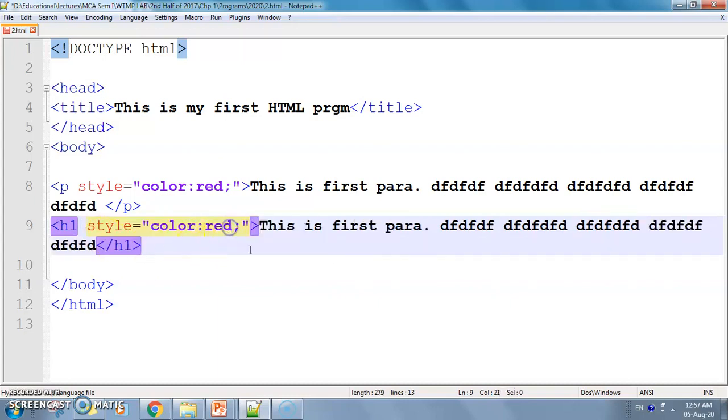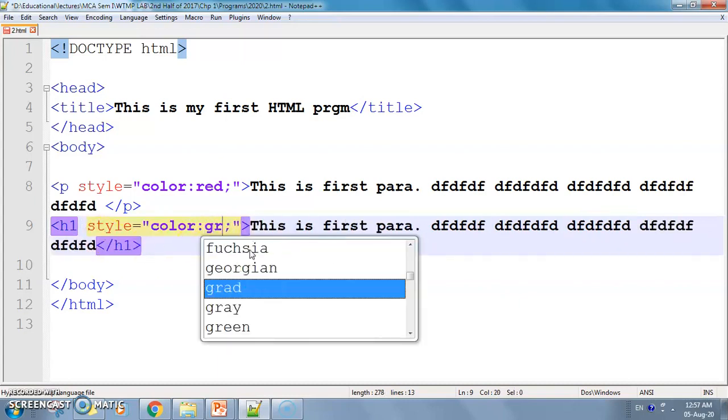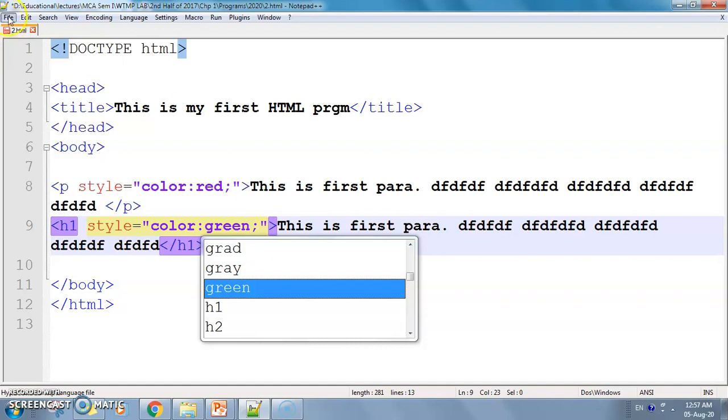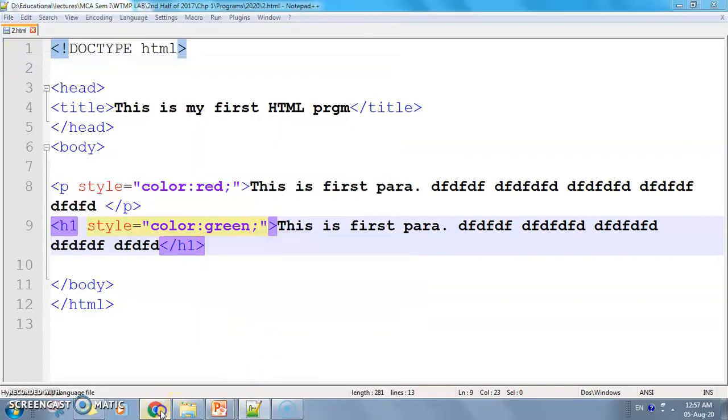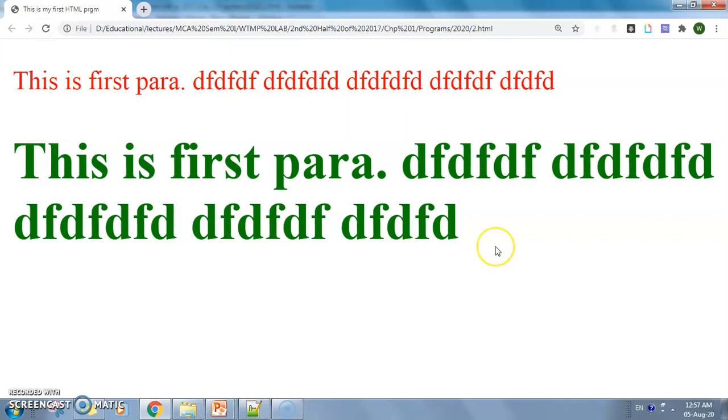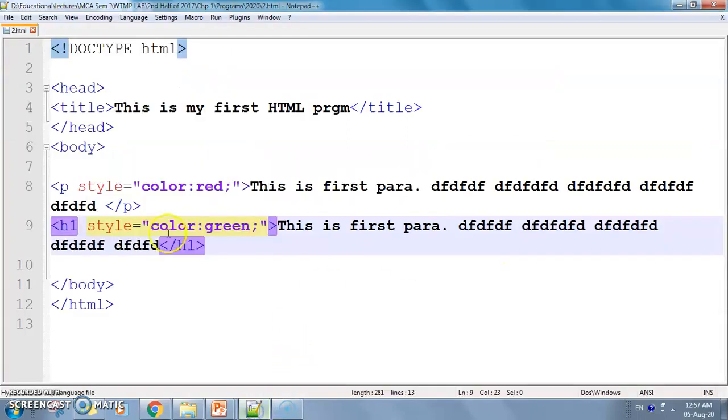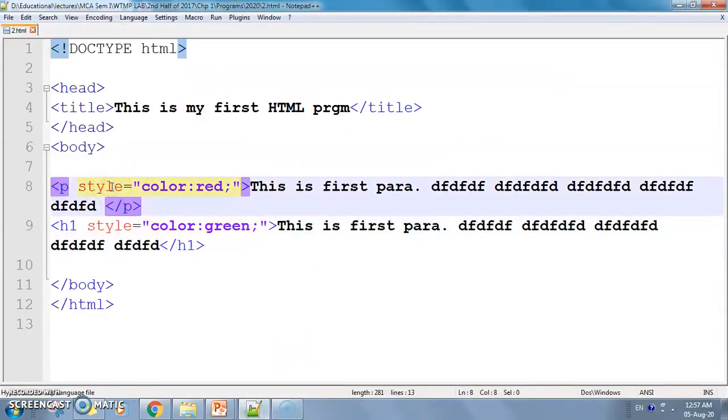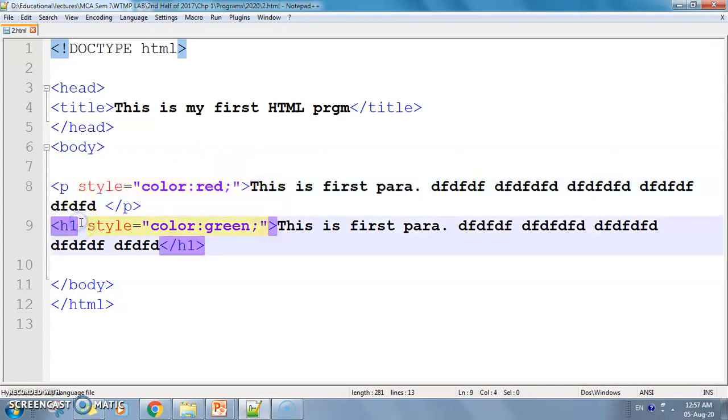Only thing is that I will use a different color, suppose green, and I will save this and see, now I am getting green color for this. That means the same attribute and name and value pair, color red, I can use for other elements also. P is one element, H1 is one element. You can style other elements also with similar styles. So this is the use of style.